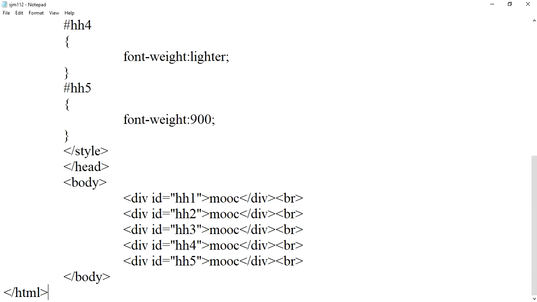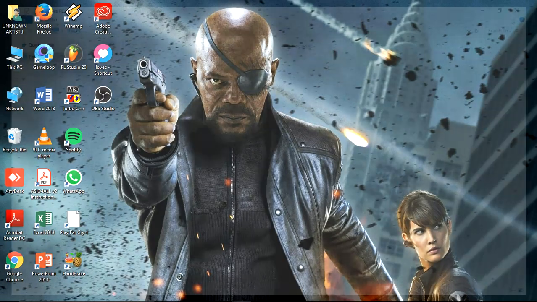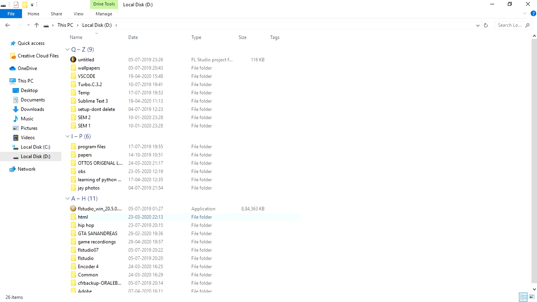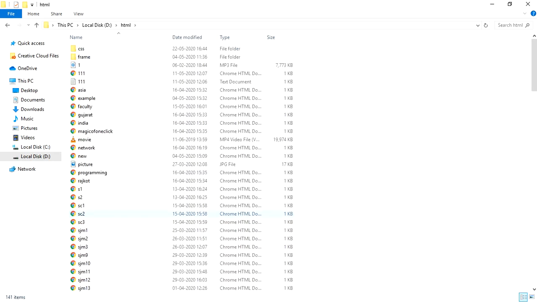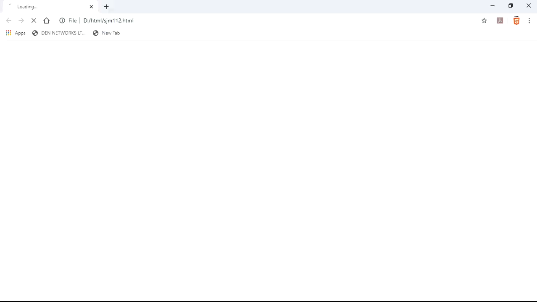So now let us check the output. Local disk D HTML and 112th program. So this is our basic output of how to demonstrate font weight,